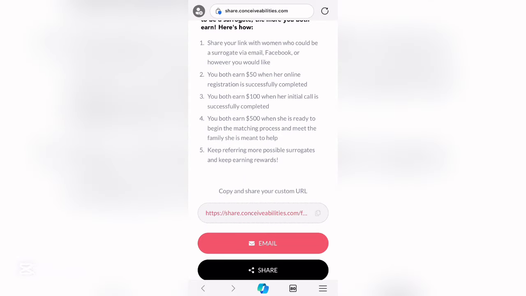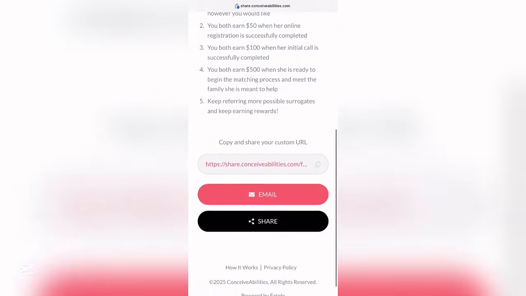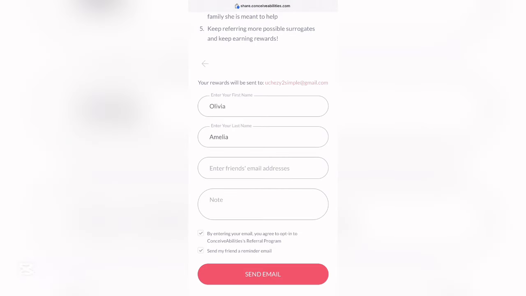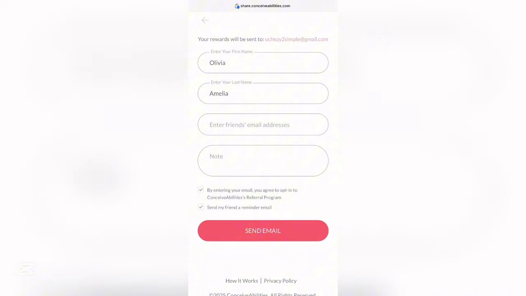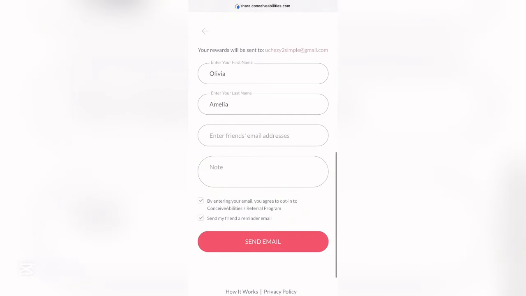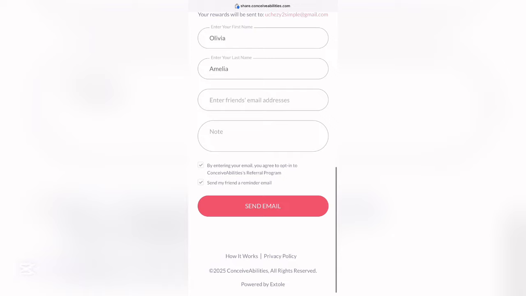Make sure they are females. You don't have to be a female to have access to this platform. Just fill in your details as a female. Right here we can go ahead and click on email. Here you can see enter friend's email address. You can go ahead and click on enter friend's email address here and click on notes,